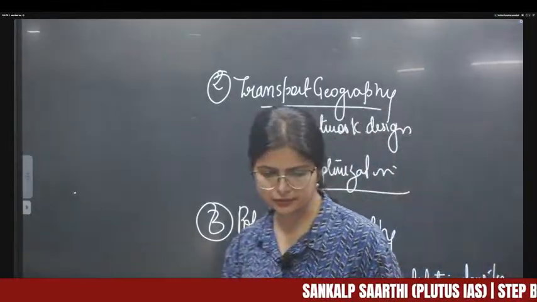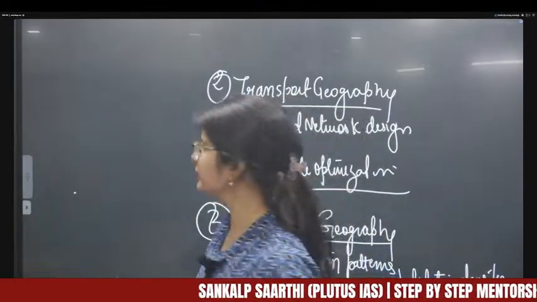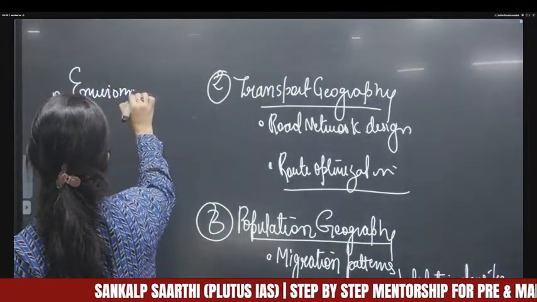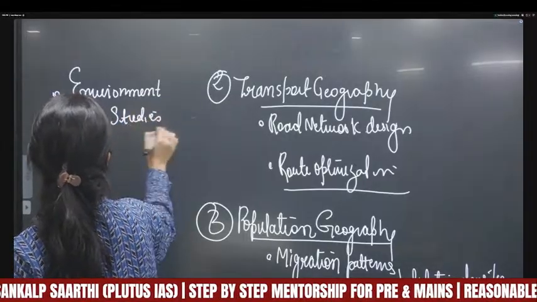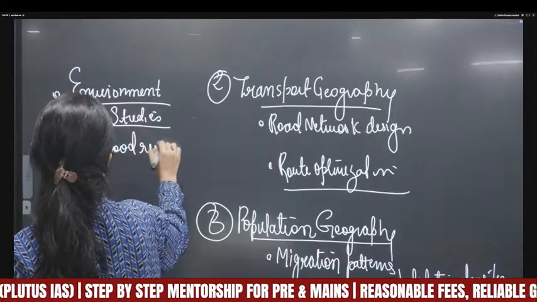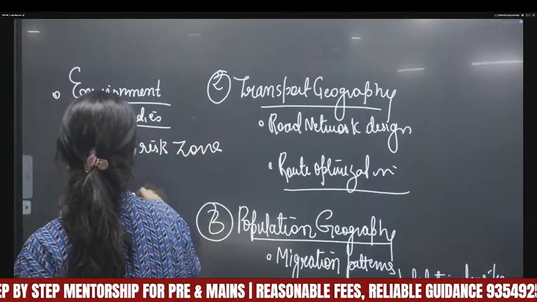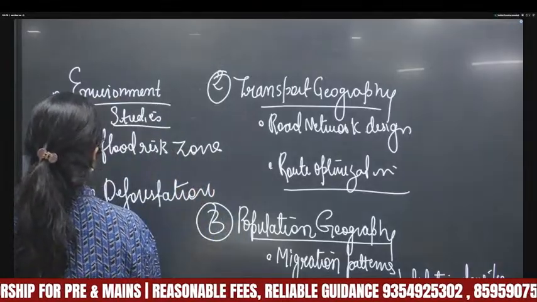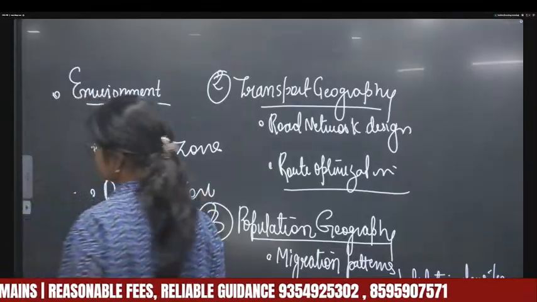Population density, write down. Next, environmental studies. Why environmental studies? For example, if you have to watch that if the river's course are changing or there could be a flood risk, so you can map the flood risk zone, or if there is any deforestation pattern which you are analyzing, or there is a buffer zone that you have to identify near any national park. So it can be quite helpful in all of these,